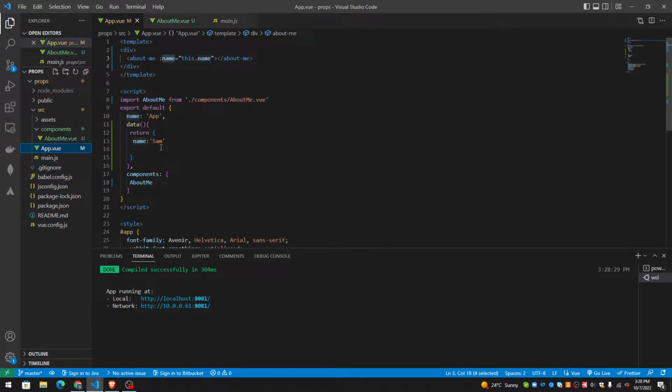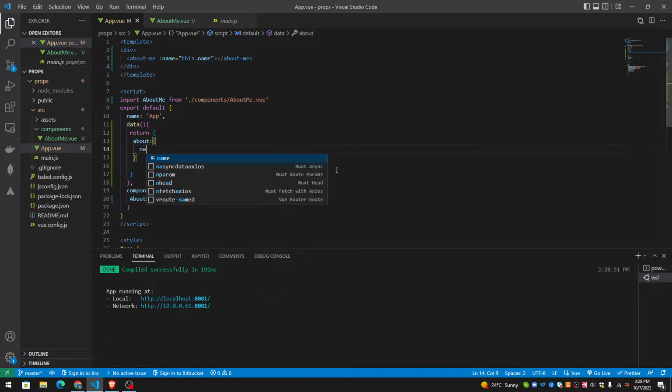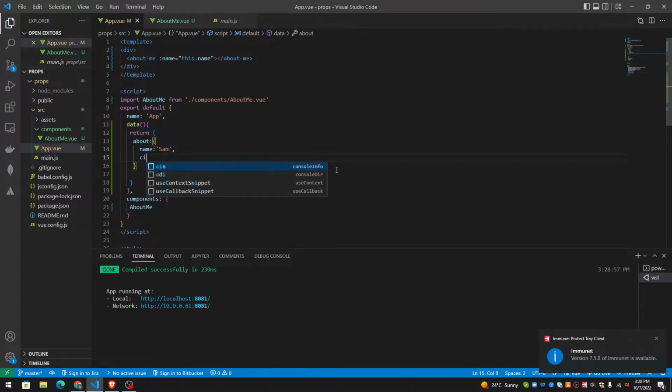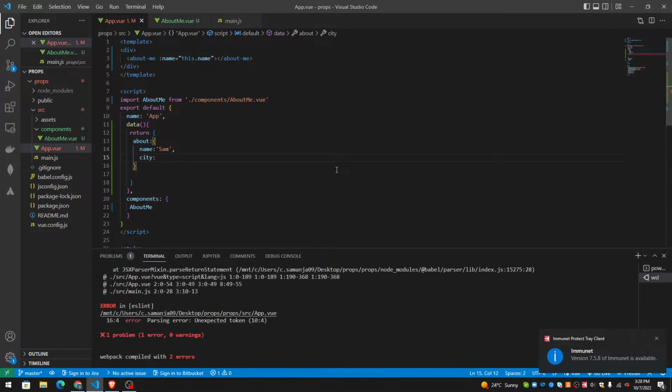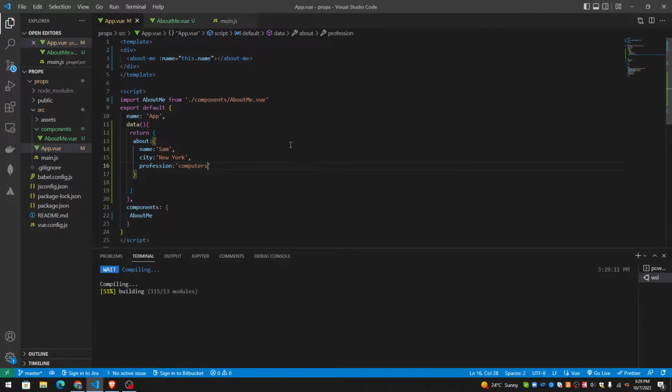Now, what if I have more information? There's more information about me, and it could be, I don't know, an object, okay? Name: Sam, city: New York, and profession: computers, okay? So what if I want to pass all this information as a prop? So this is what I'm going to do right now. I'm going to call this aboutSam,